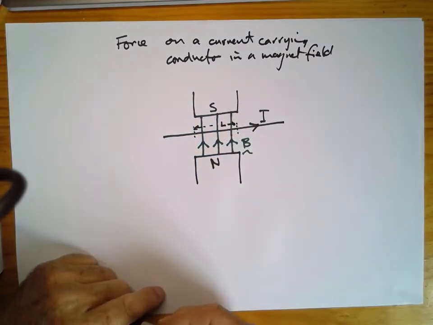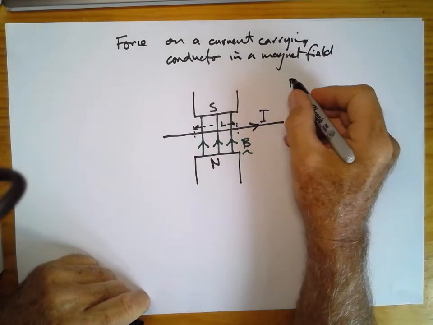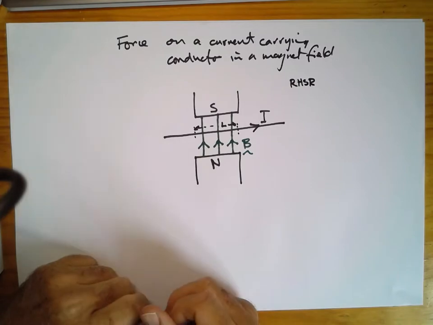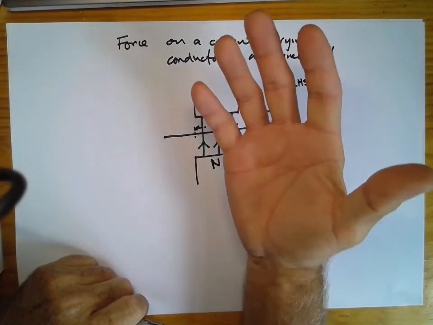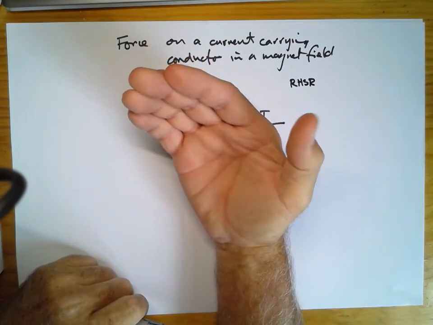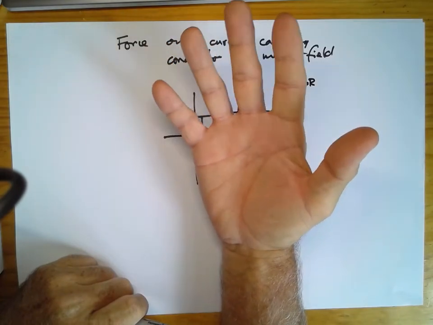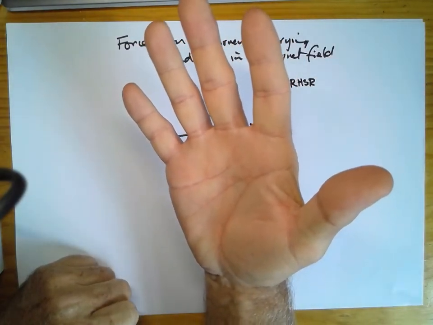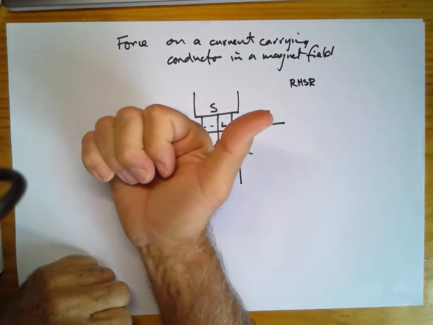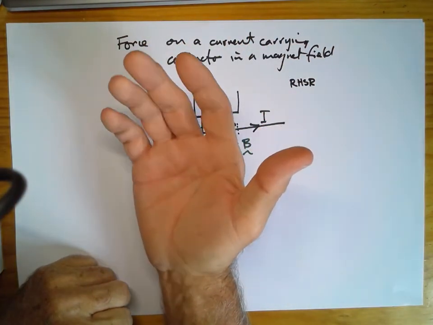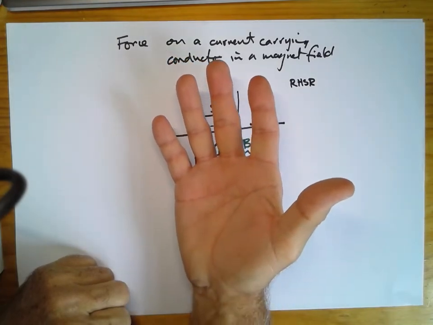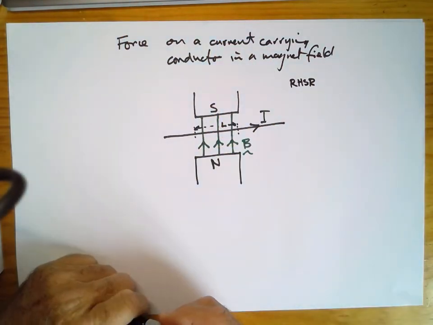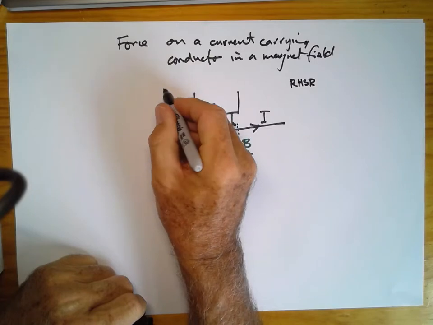And we're going to use our right-hand slap rule to work out the direction of force on this current carrying conductor. So here's our right-hand slap rule. We've got one finger here for current, several fingers here for magnetic field, and slap, that's the direction of the force. So let's have a look at this. We've got a current moving to the right, we've got the magnetic field going up, so the force on this conductor must be towards you, out of the page. So we've got our force coming out of the page,